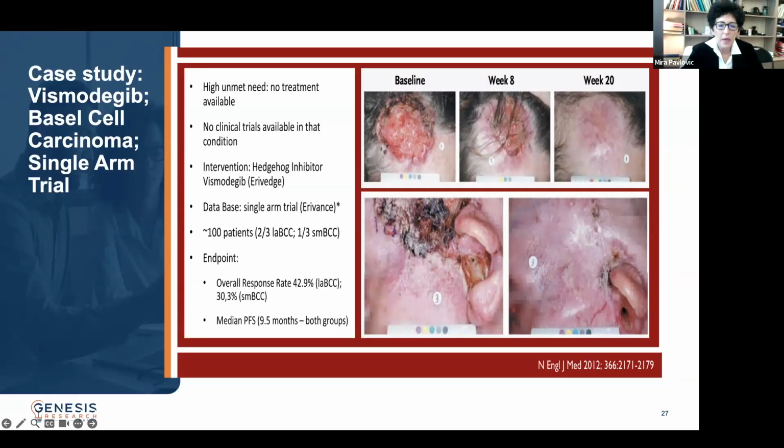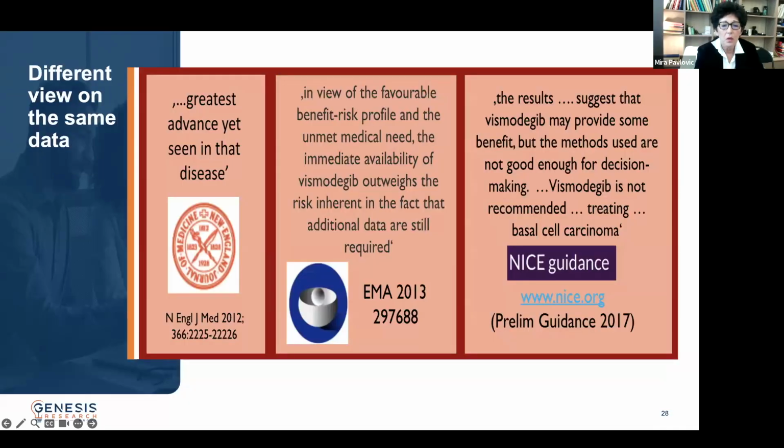So the design was terrible. I mean, it was an open trial. It was even not shown that if you do a treatment and then you do a surgery, it can cure the patient. It was not done. The only endpoint was overall response rate, and in some patients, progression-free survival, because this is a long disease. It's a huge morbidity and low mortality. And so in New England, it was a great advance, it's magnifique, it's perfect, because nothing exists. You can do nothing with these patients.